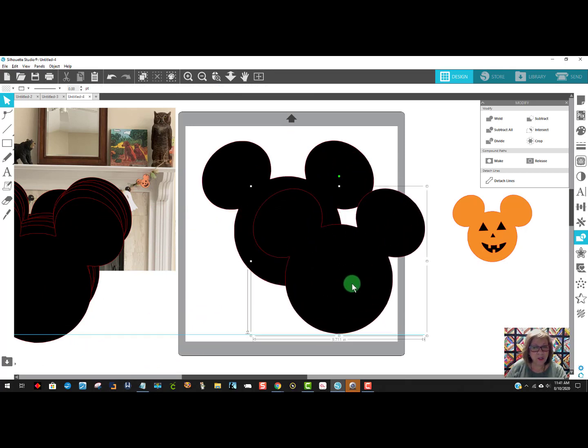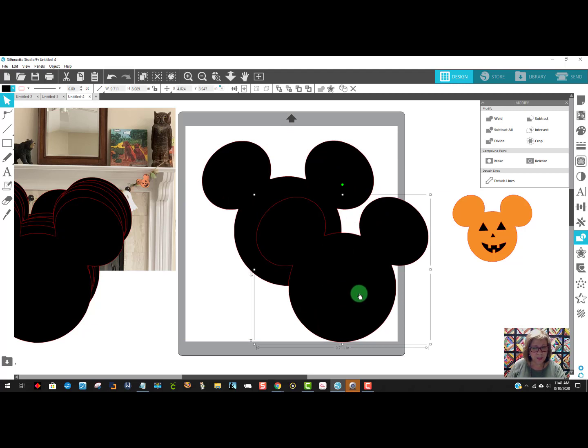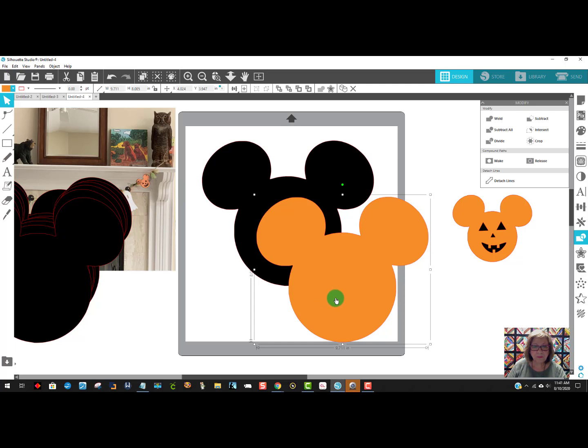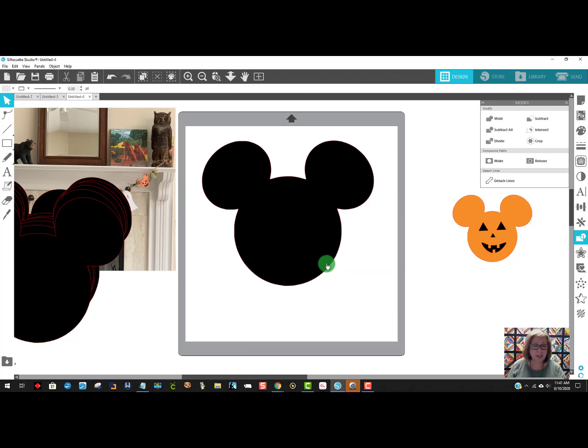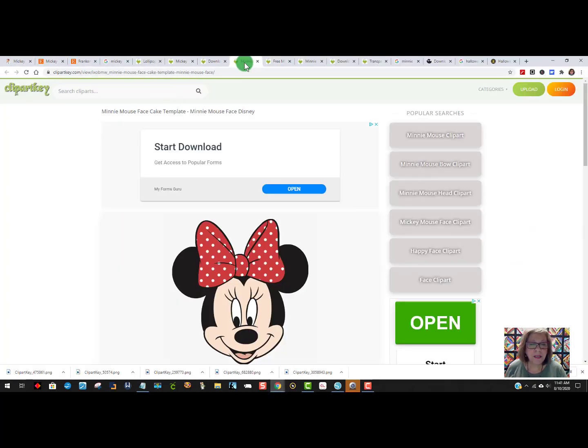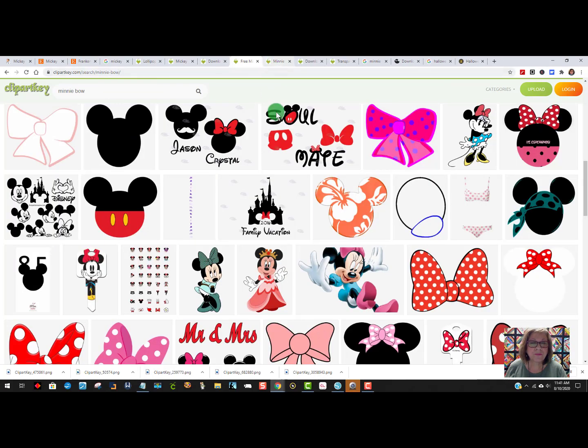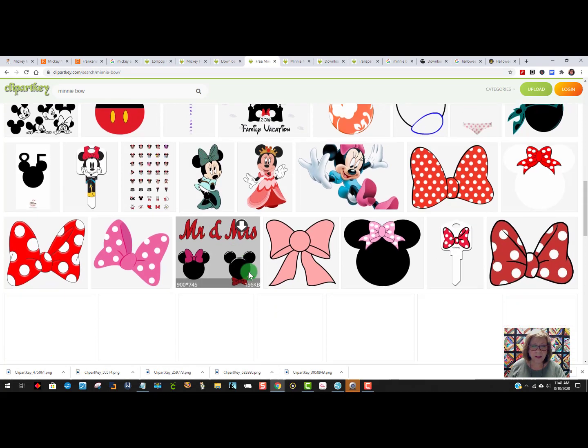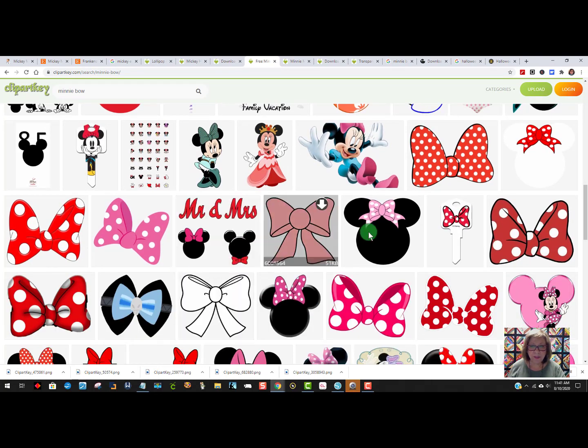Hold down my Alt key and drag another one of these. With this one selected, I'll change its color to orange. No, I'm not going to do it like that. Let's see. What I'm going to do is I'm going to go get a bow in that same area. So when I go here, let's see, I had Minnie, I don't want that one. I typed in Minnie bow, and the one that I believe I ended up using,